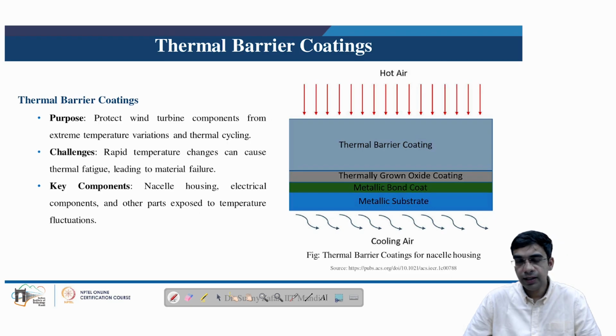As we have seen in the construction of the wind turbine, the mechanical parts include the gearbox which is connected to the shaft, and the shaft is ultimately connected to the electric generator. All these components are also quite sensitive to temperature variations that may occur over seasons or during variation in weather. So the presence of thermal barrier coatings avoids the variation in temperature, therefore maintaining a reliable operation of the wind turbine even in varying temperature conditions.